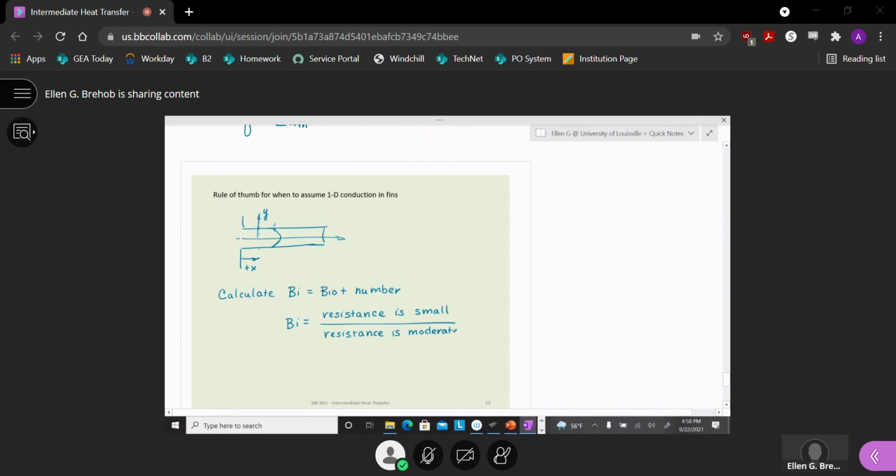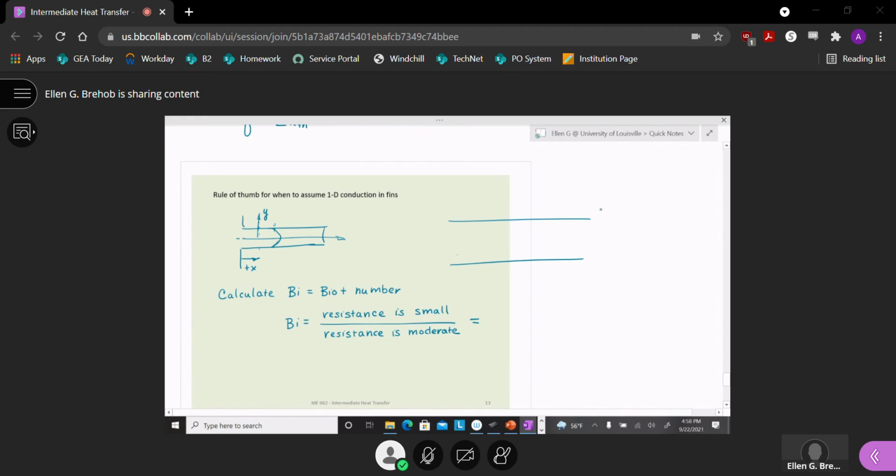Okay, I'm putting this bottom one as moderate resistance. It's really a ratio between these two. So you want the top one to be relatively small, and you want the bottom one to be relatively big. Okay, and the case that we're looking at is we want,